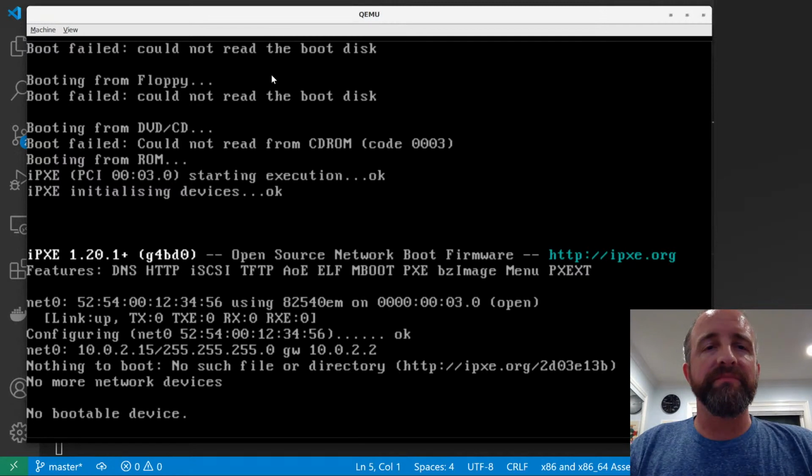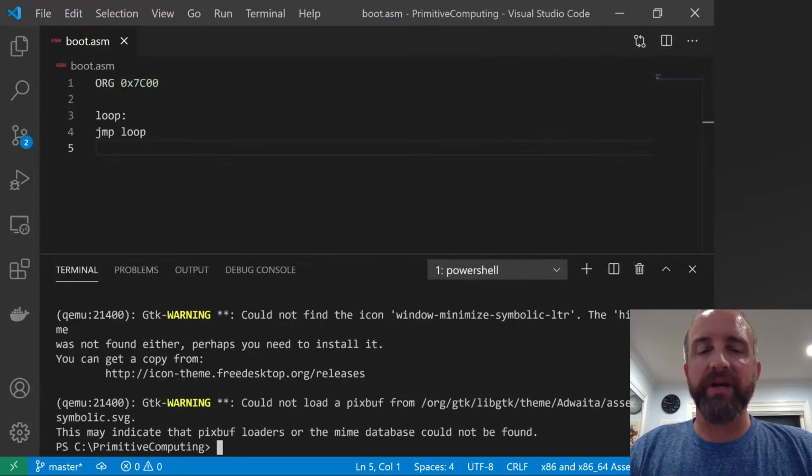Okay, so it booted. It's searching for the floppy. It's searching through the CD, DVD, ROM drive. It tries to do a network boot. It's not able to find anything to boot from, so it's going to refuse to boot. So let's try and give it the boot sector that we just created. What we're going to do is pass the argument FDA, which says here's a file that we want you to treat as the floppy disk image. And so we run this,